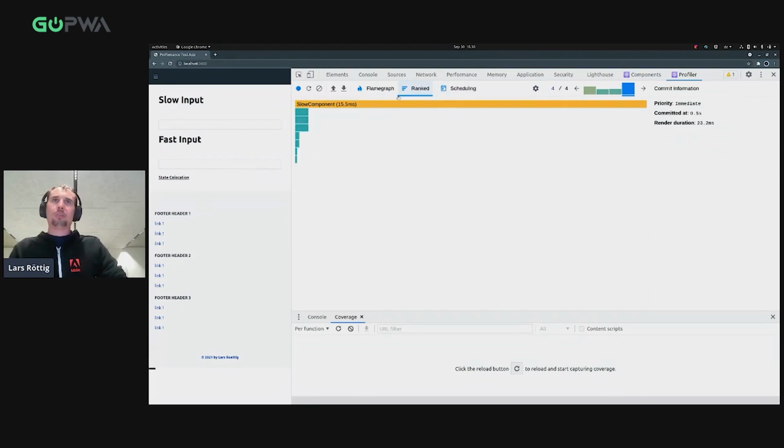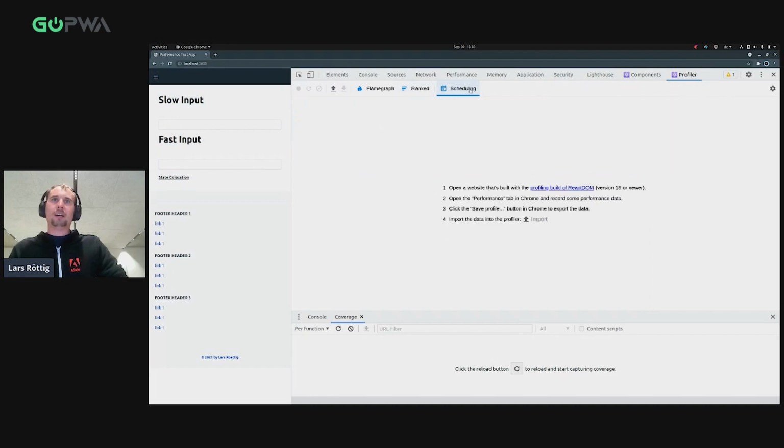And I also have some things like ranked and scheduling. This works only if you have React 18. For some reason, it also only works if you export and import it again.